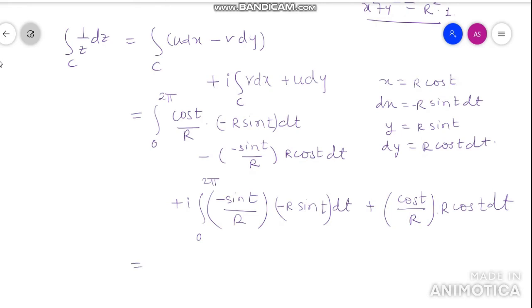This is equal to, now I would like to cancel this r with this r, hence these are cancelled. So in the third, this one is also cancelled. So integral 0 to 2 pi along with minus sign, minus sin t cos t dt